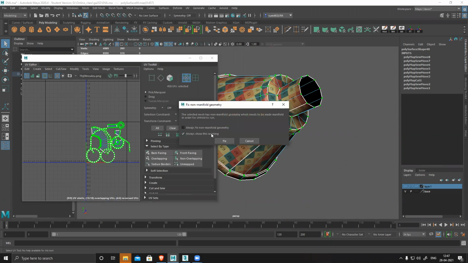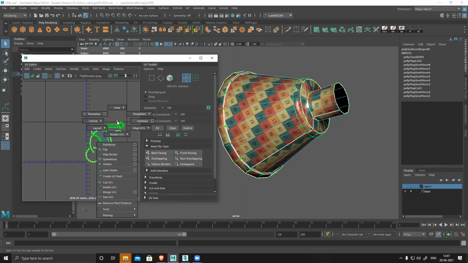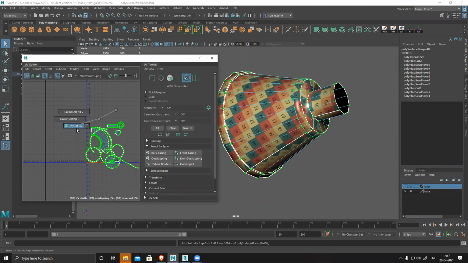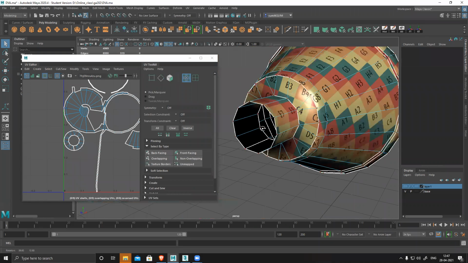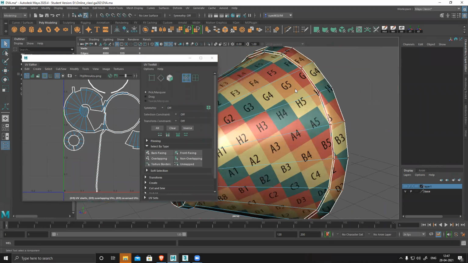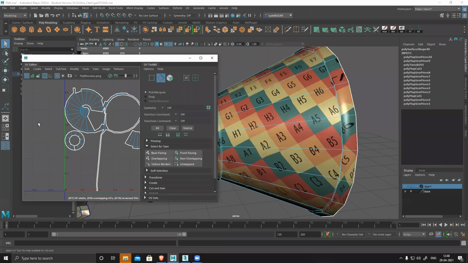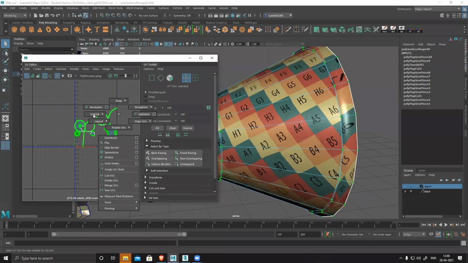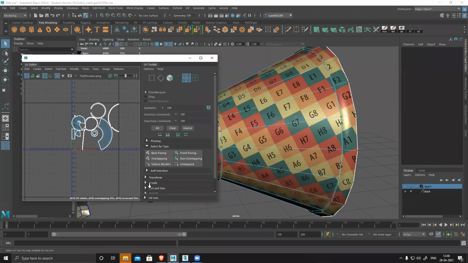Unfold. You can see, non-manifold geometry, fix it. There must be something. Layout. Now layout.